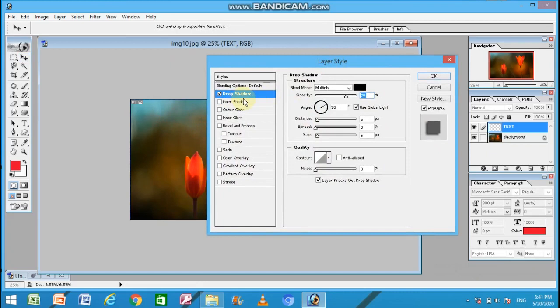For the related drop shadow effect, you have to select the appropriate option from this pane of the dialog box, and you can see the preview here. Likewise, I'm selecting inner shadow, outer glow, inner glow. So you can see according to the selected options the preview is changing. Also from this part of the dialog box you can set other things. Likewise, I have made these settings for my layer. Now lastly, click on the OK button.